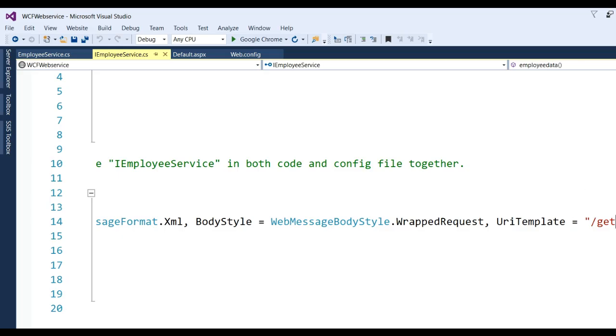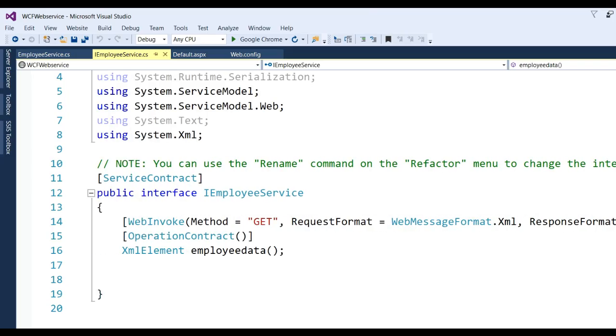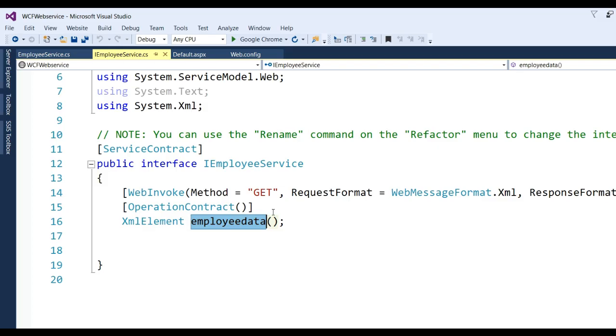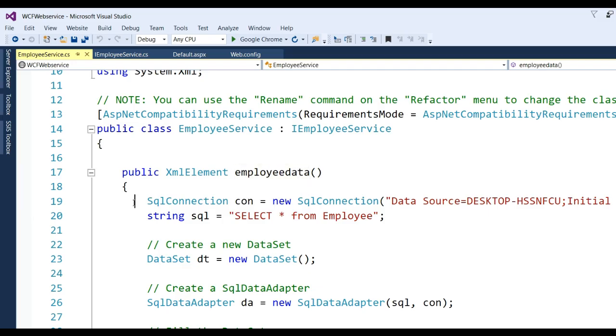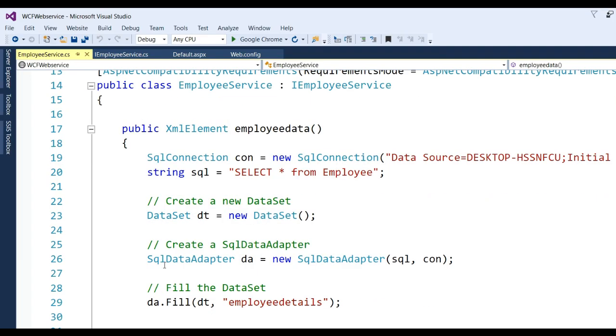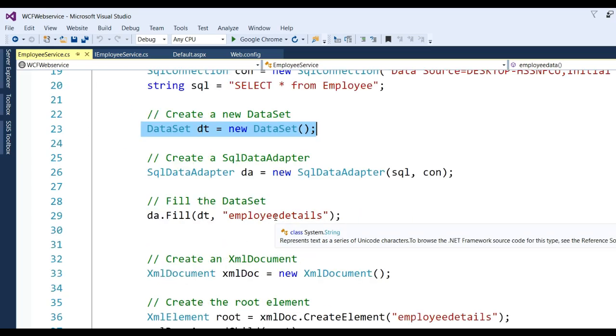You can get the record from the database. So in the implementation, go to definition, and you can see that this is the connection string, and select from Employee, and first the data set. Then after that we put it into the